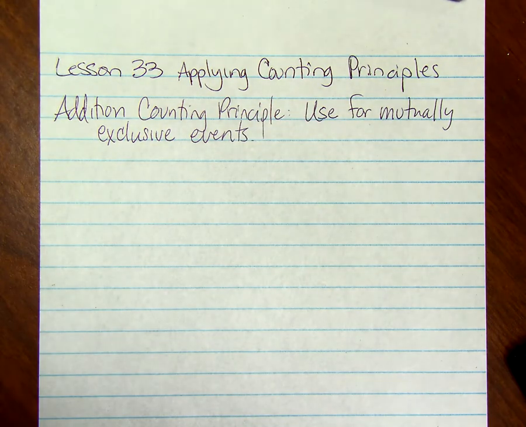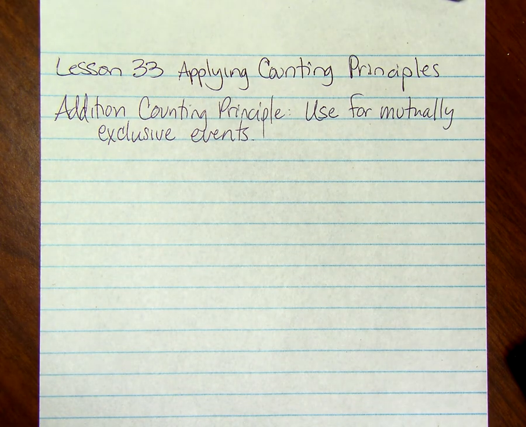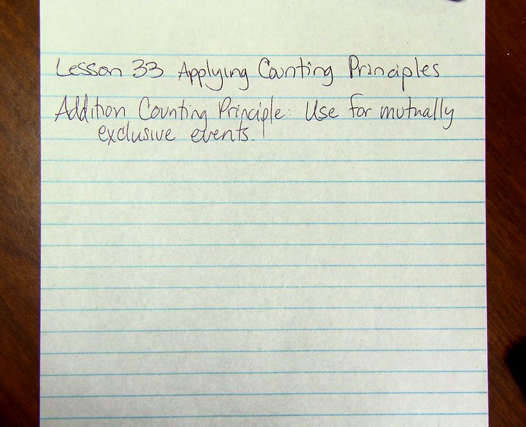A mutually exclusive event, or two events are mutually exclusive if they have no outcomes in common. So to find the number of outcomes in an event that consists of mutually exclusive events, this is when you can use the addition counting principle. So for example, if you were to draw an ace or a face card by drawing a card at random from a standard deck, the ace and face card are mutually exclusive. There's 4 aces, 12 face cards that are not aces, so you could just do 4 plus 12,